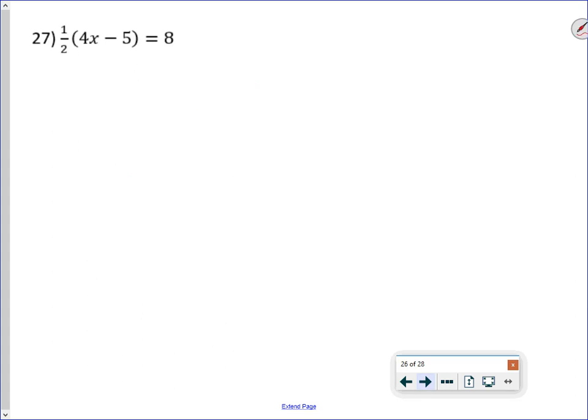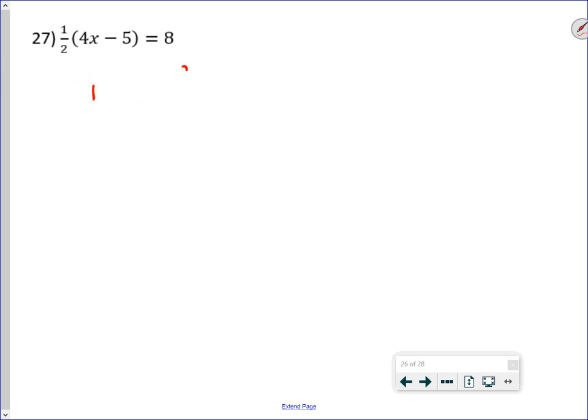Here, we distribute the 1/2 is one way to do this. And I'll get 2x minus 5/2 equals 8. Now that doesn't appeal to a lot of people, so I'm going to show you an alternate way to do this problem,